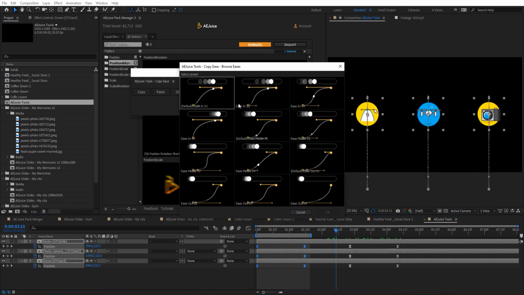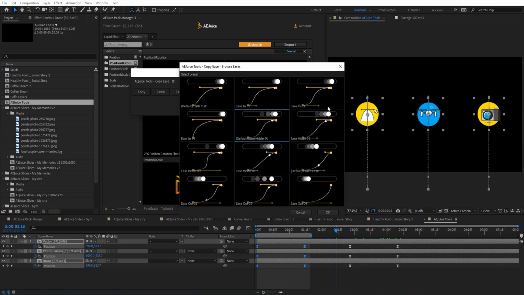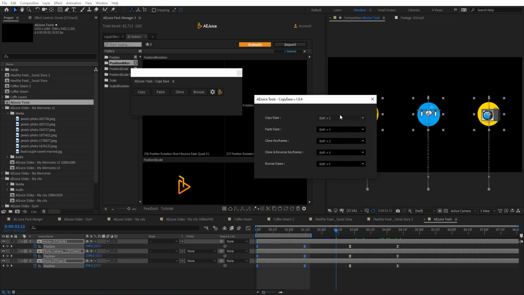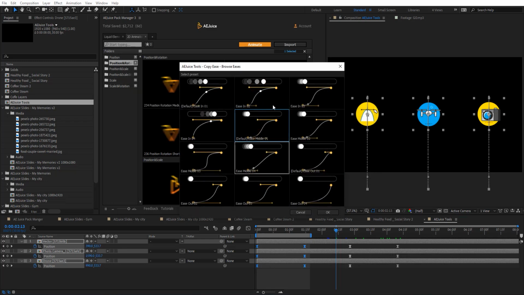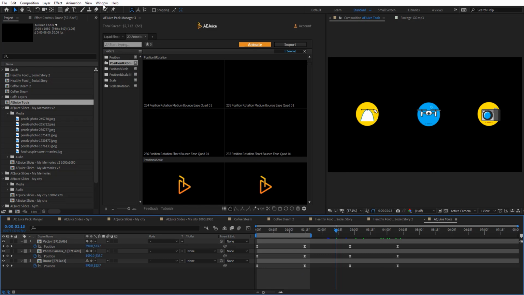And also here we have a browse. So here we have some different easing styles, and you can just select, hit OK, and then select your keyframes and just hit paste, and it's going to paste these graphs for you. So here we got these easing styles. This is the shortcut you can use actually, Shift C and V and so on. So you don't even need to open this tool. You can use Shift F to open the easing and Shift V to paste that. So this is pretty useful tool.